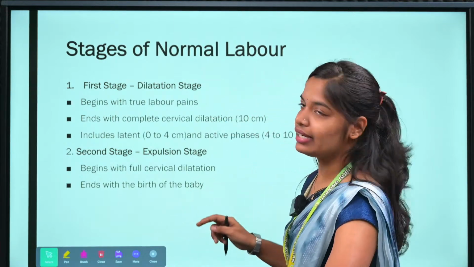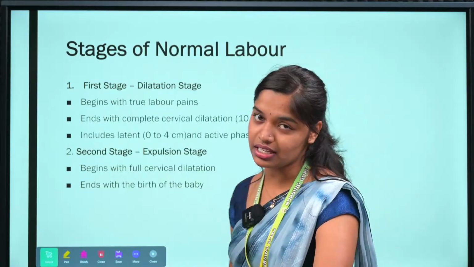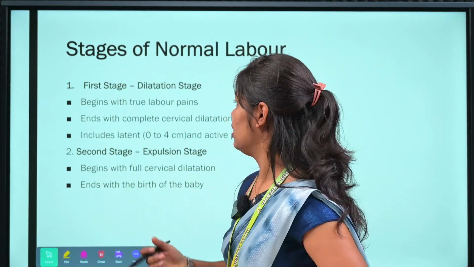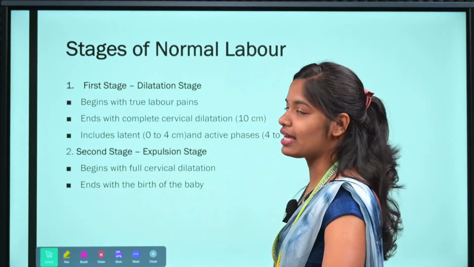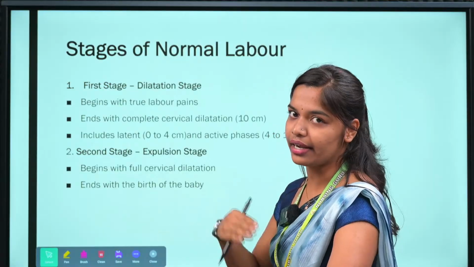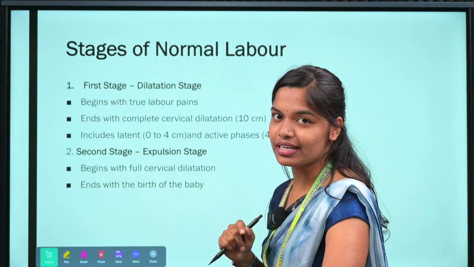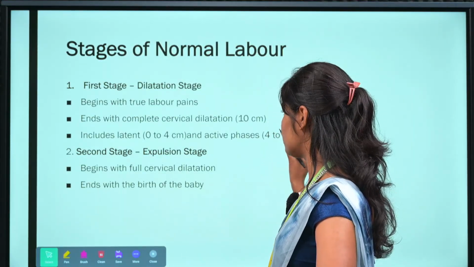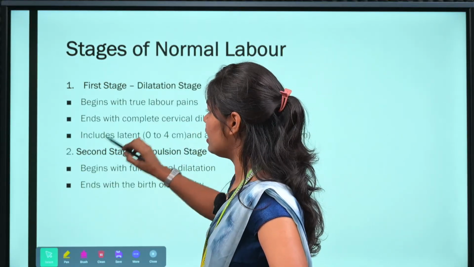First stage, dilatation stage. Second stage is expulsion stage. First stage begins with the cervical dilatation. It begins with true labor and ends with cervical dilatation of 10 centimeter. There is the latent phase and the active phase. Latent phase means 0 to 4 centimeter dilatation. Active phase means 4 to 10 centimeter. These two, latent and active, are the phases of